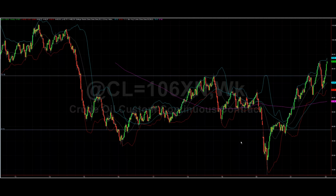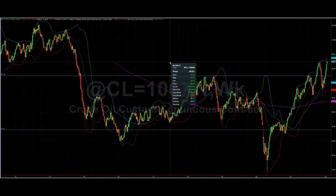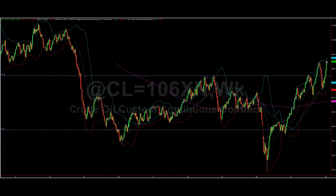And talking about CL, to me, I would not be long here. This is a very important area around this 85 level. The fact that we are really struggling to close above it suggests that the pressure might be for a return down to 75. And that is why I think there's consolidation ahead for DBC for the next couple of weeks,